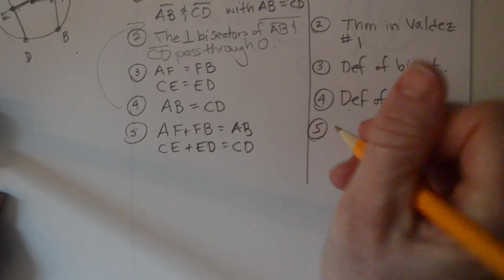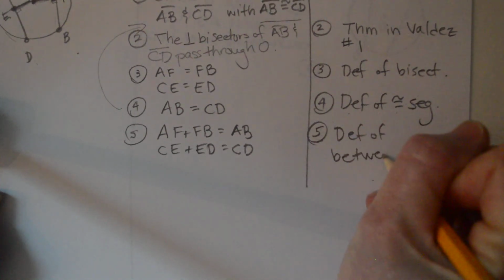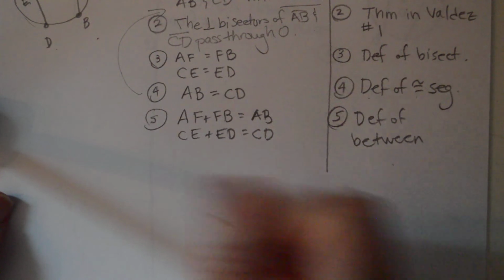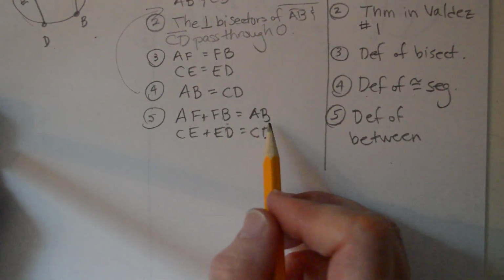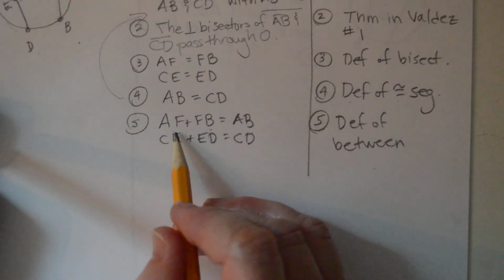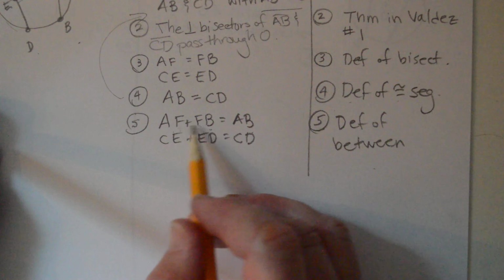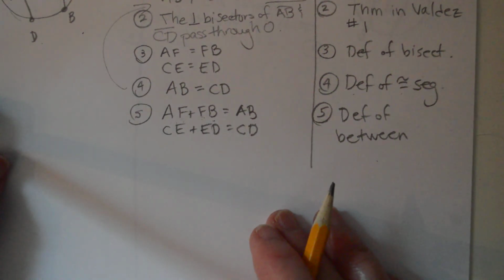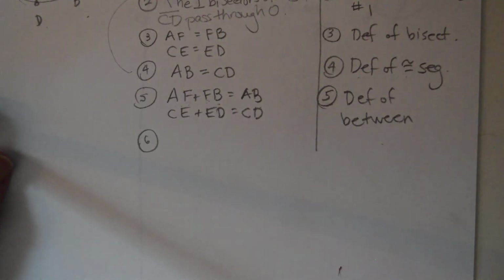And that comes from the definition of between. Again, if we have two segments that add together to equal the entire segment, only if the point that's cutting them is on the line segment, that's what we call the definition of between. All right, number 6 says